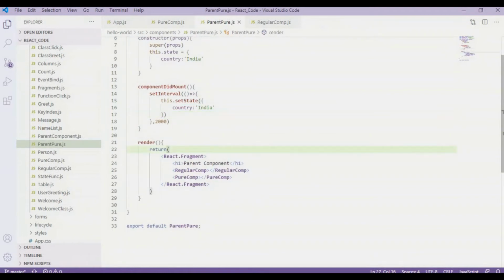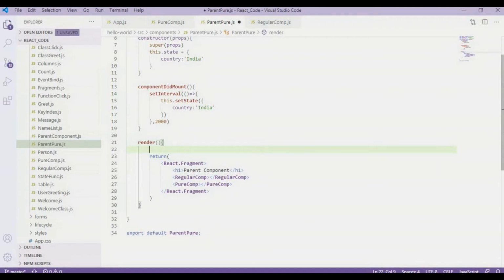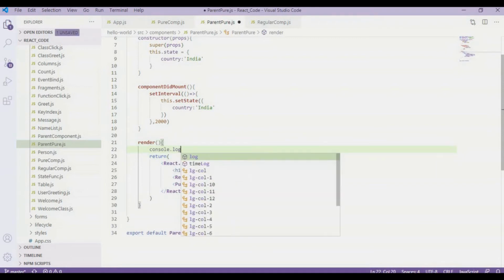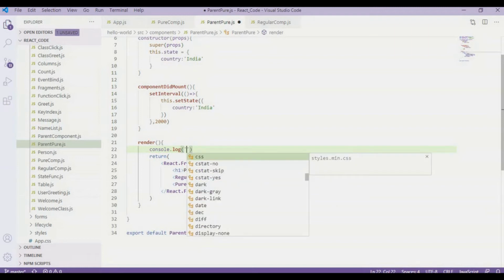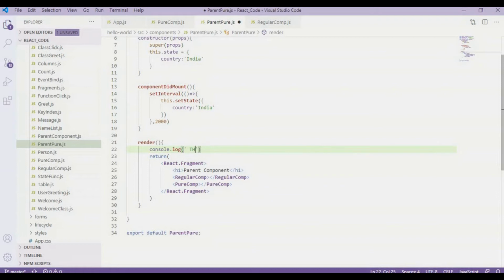And in this parent component, under the render method, I'll have a console.log saying this is the parent component. And I will send props to the regular and pure components.